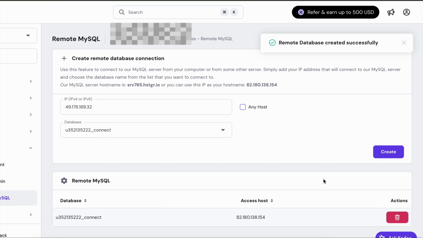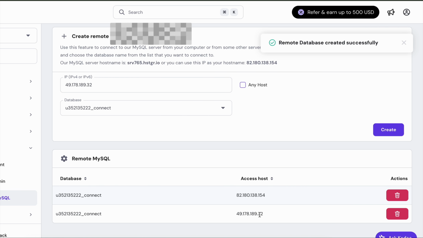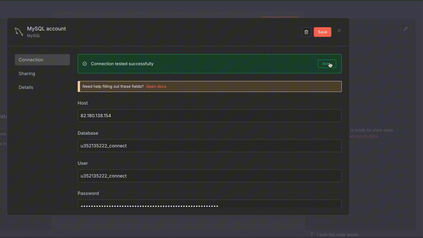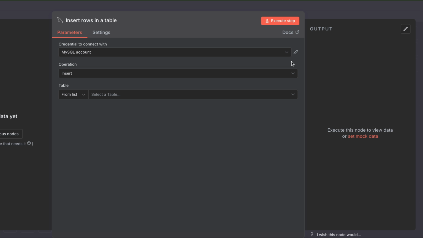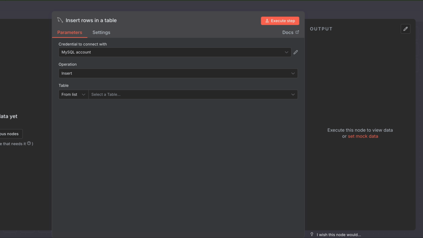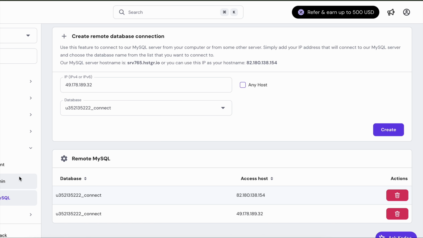From time to time, your IP address will change. It really depends because I'm using a shared IP address. So once you retry, it will automatically connect, but make sure that you close it and then reopen it again. So yeah, we're able to connect, but as you can see,